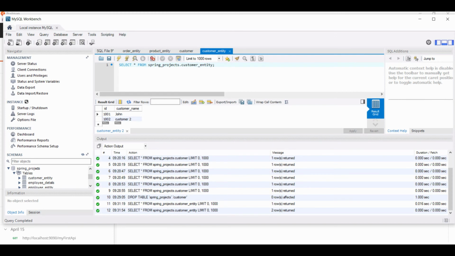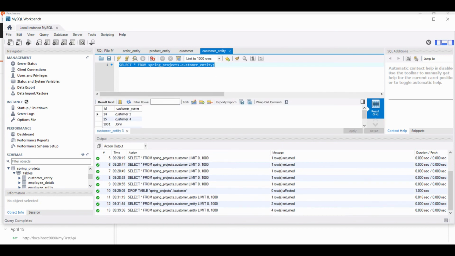So this is our customer entity table. I'll just run it and check it. Yes, all the updated data is coming with ID 14, 15, customer 3, customer 4, 1001 with customer name John. So in this way we can make an actual post API call, and this is the industry standard that is followed.